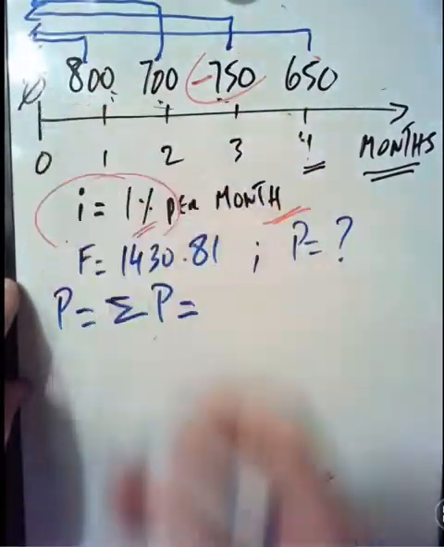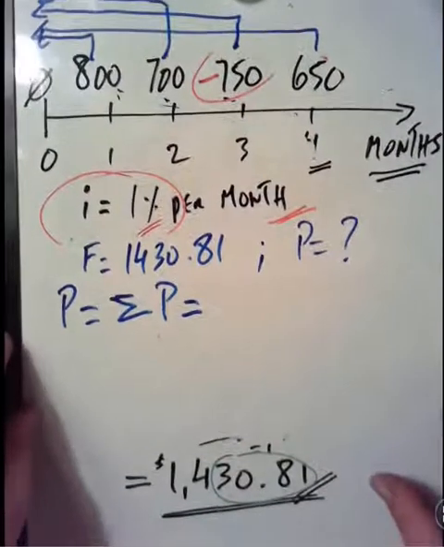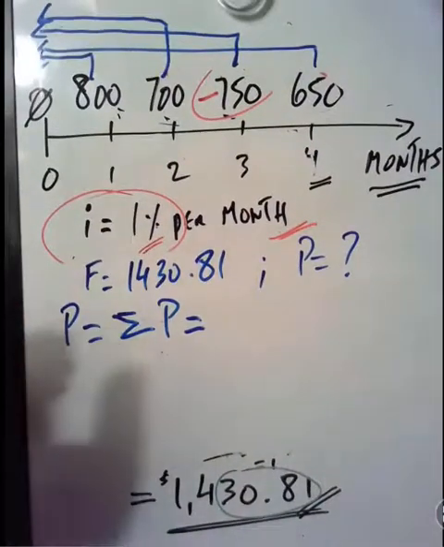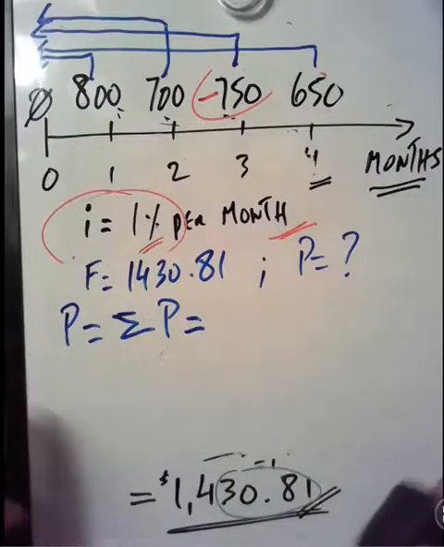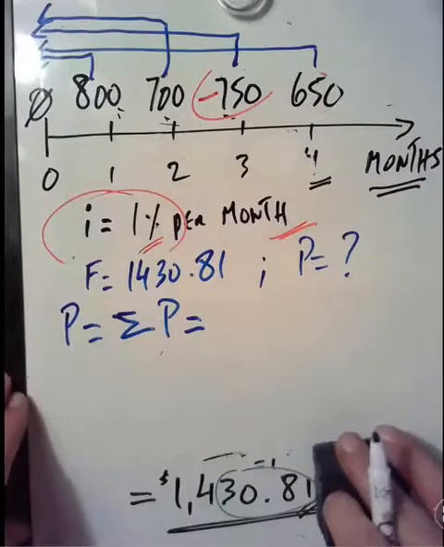And at time 0 there's nothing. That's why I'm asking for the money, right? So the summation of the present values would be